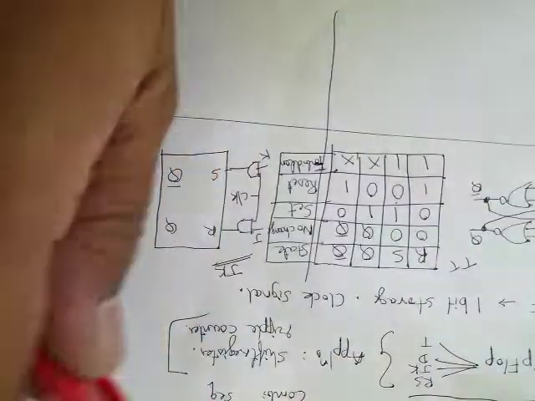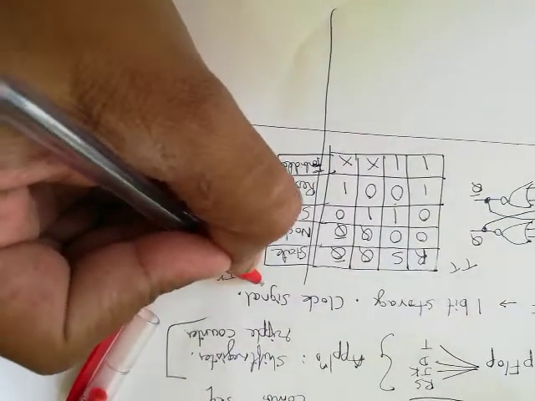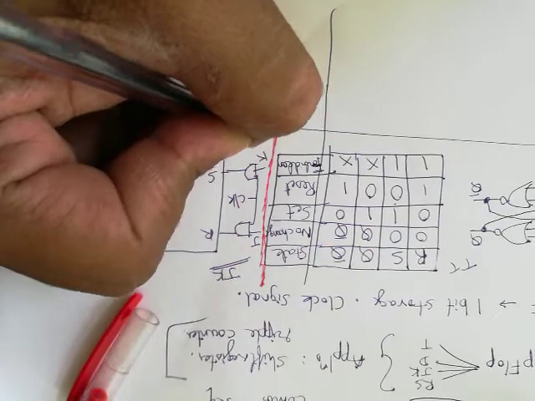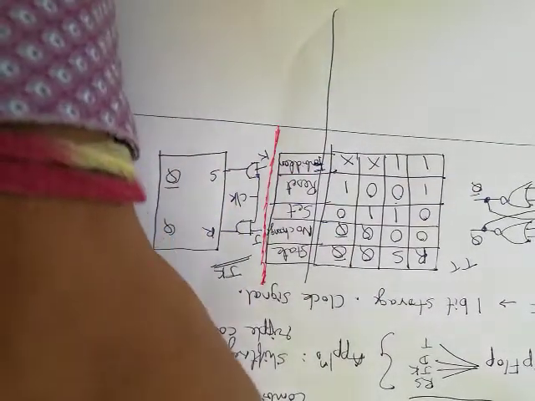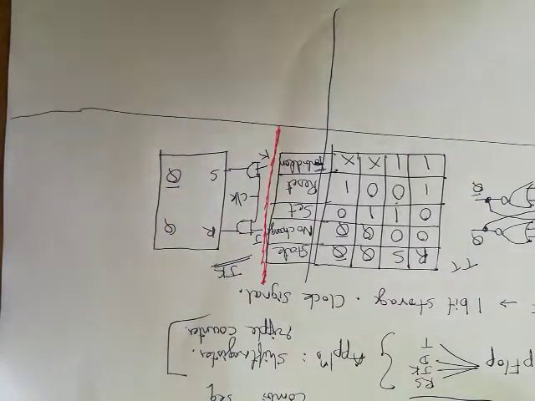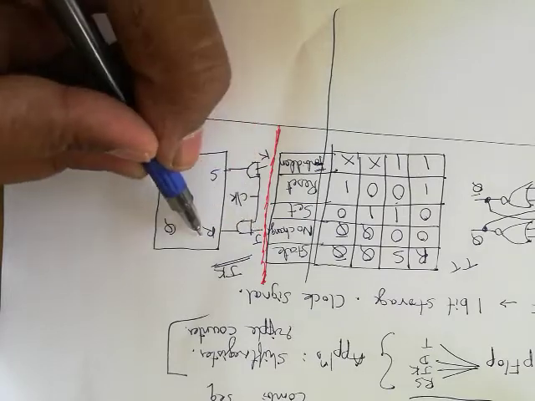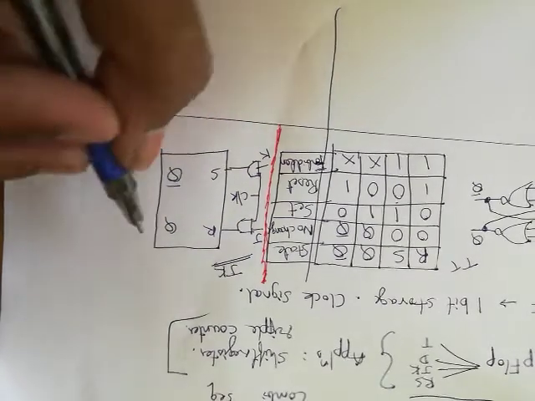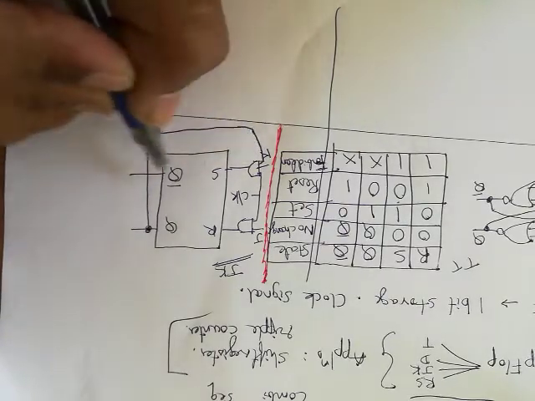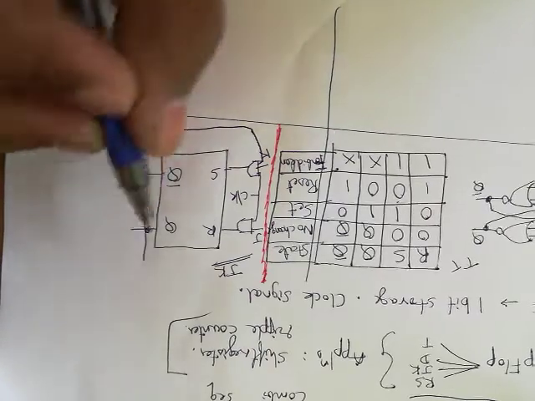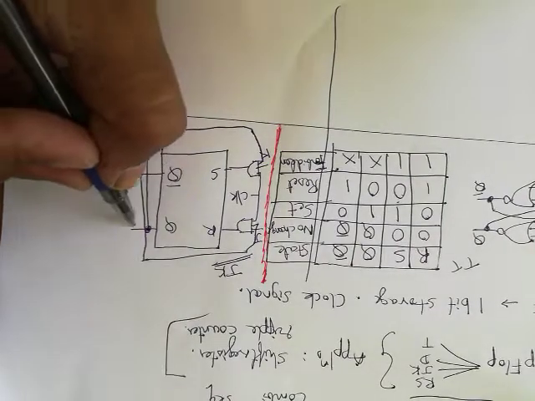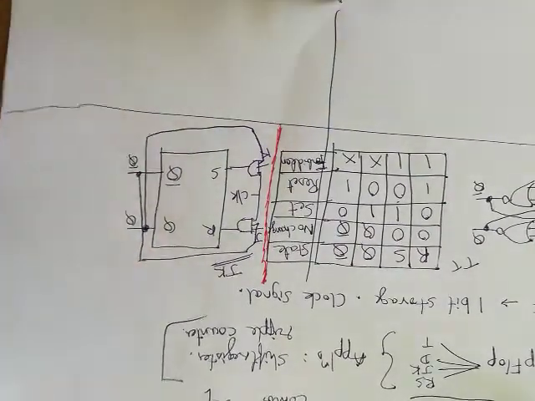Okay, I have a red ink pen. I'll put a demarcation line so that we don't have confusion. And also we are complicating things by adding clock signal. JK we are connecting to R and S, but we'll have a condition that Q should be connected to this AND gate and Q bar should be connected to this AND gate. These will be our final Q bar.